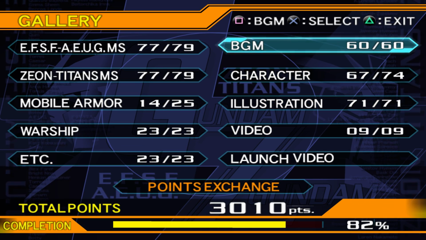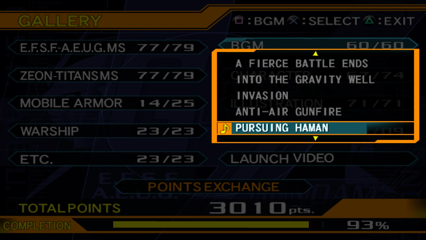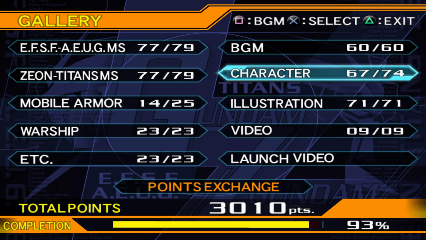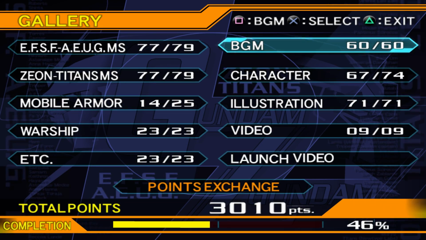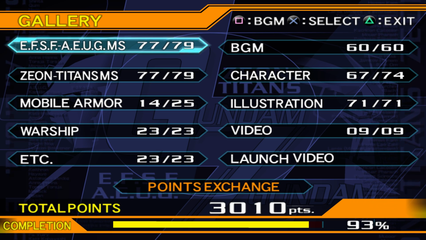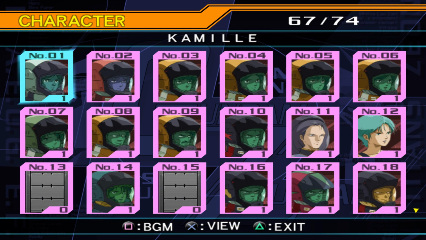Now what we got? Background music. You can change your background music by hitting square and picking a different song. But there's a list of all songs. Every song basically from Zeta and the original Gundam series. Got most of the characters unlocked. If you go in here,